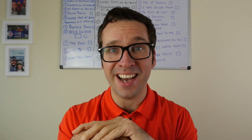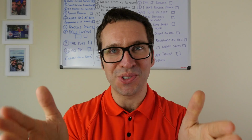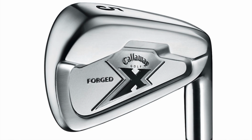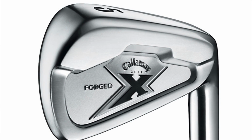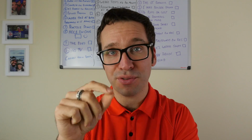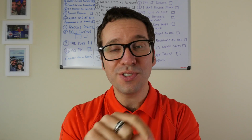Pebble Beach, where Graeme McDowell won his only major so far, and that was using the Callaway X-Forged irons. Do you remember the X-Forged irons? They were so shiny and so exciting when they came out, and they were top dollar. Forged iron from Callaway, you're looking at the best part of 700-800 quid for those irons if you're lucky. And you can pick them up now, 3 to pitching wedge, for 160 quid